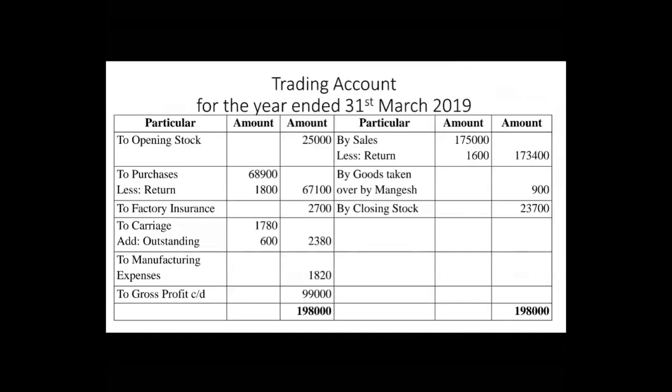Okay, so we can close then, one by one, all the accounts. The very first account that we are going to close is the trading account. Our trading account close करेंगे and what you are going to get is gross profit. Okay, in the trading account both two sides are there. Again this side is, हमेशा ज़्यादा ही होता है, so you write this total, the same total I put over here.